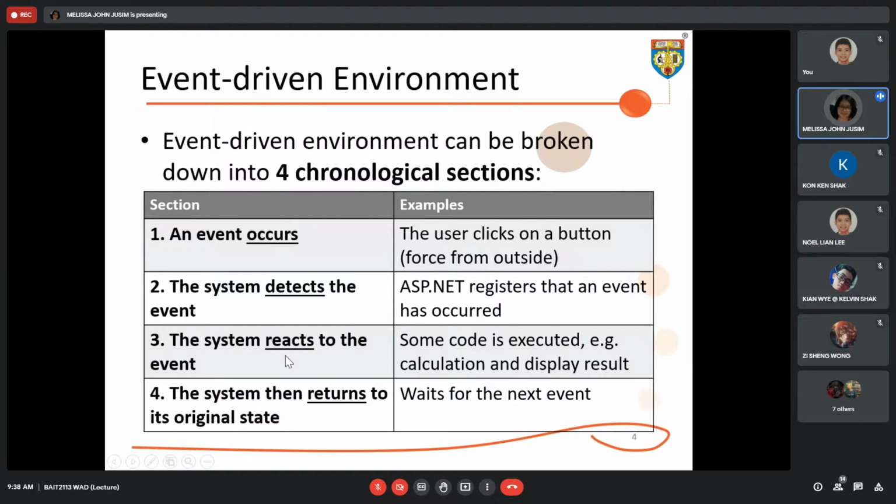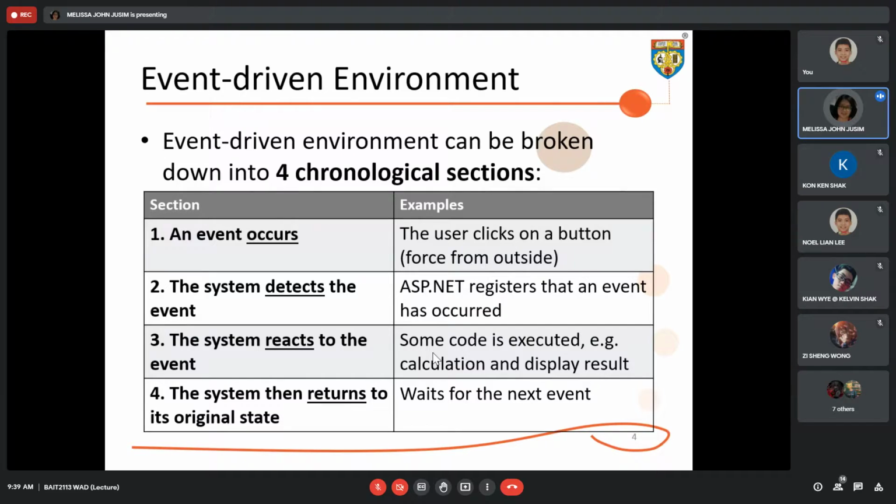The third section is the system reacts to the event. React means it triggers our event, the code that we have programmed for the event. You can see here the example. Some code is executed, perhaps to display something or to perform a calculation and so on.